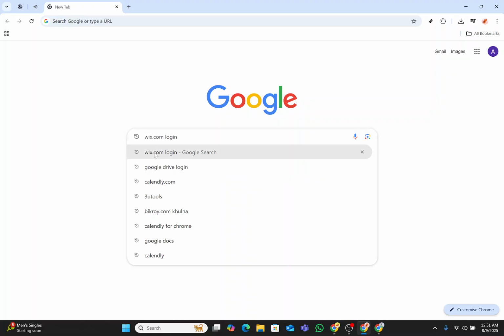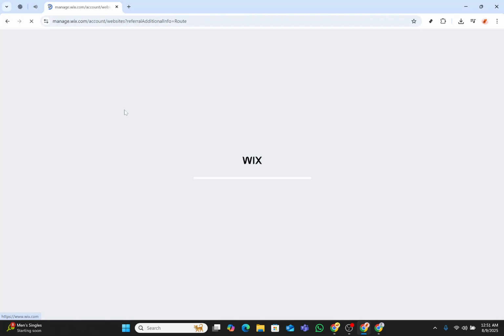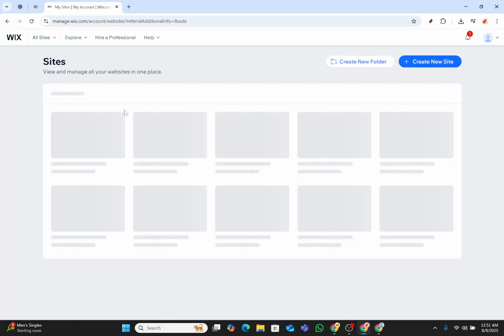First things first, open your preferred web browser and go to Wix.com. If you aren't already logged in, you'll want to use your credentials to access your Wix dashboard. Once you're logged in, you'll see the homepage for Wix, which serves as the hub for managing all of your